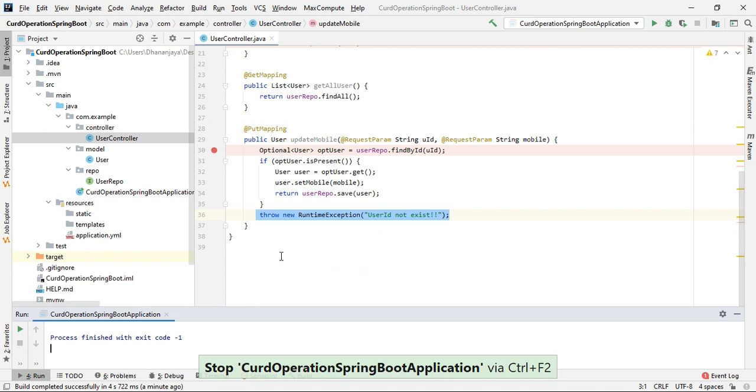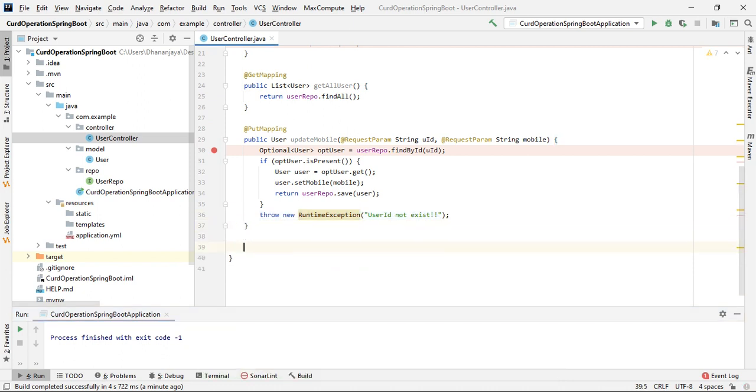Okay, let me try with deletion of the user. Public string delete user. Take a string as a request parameter, UID.